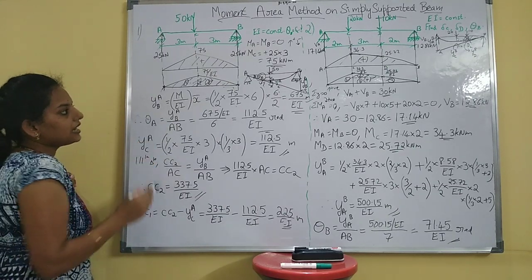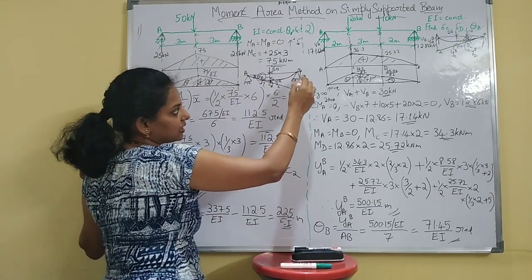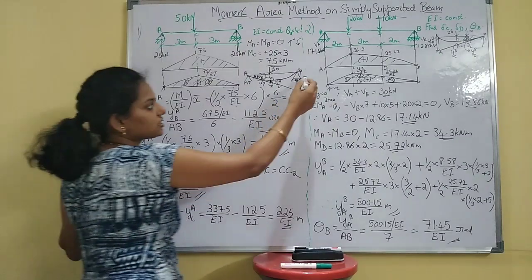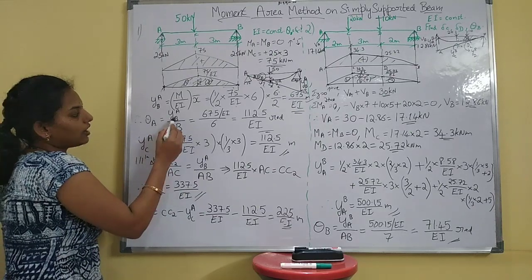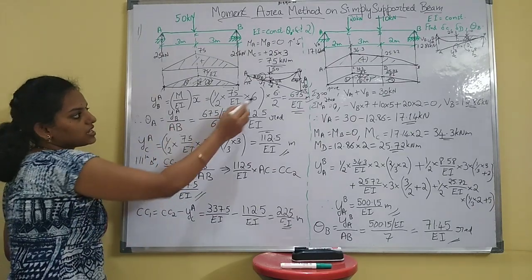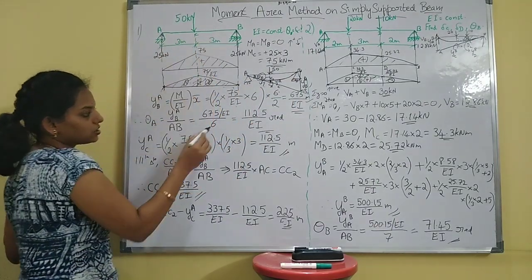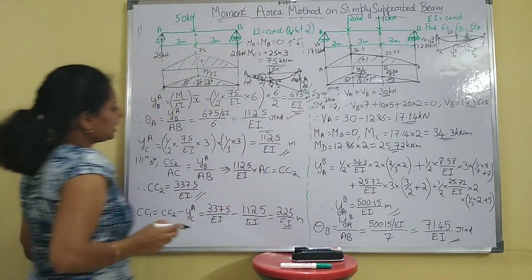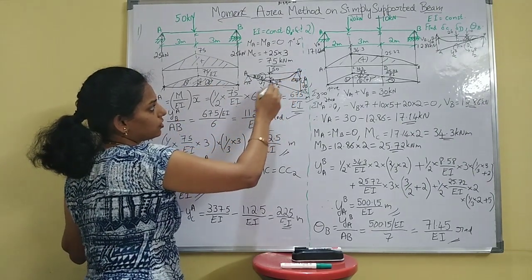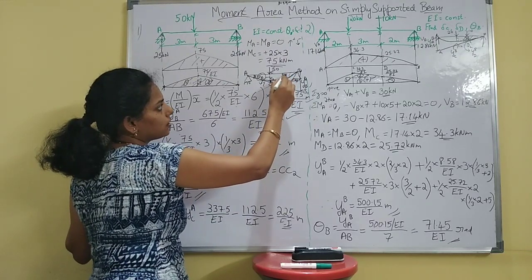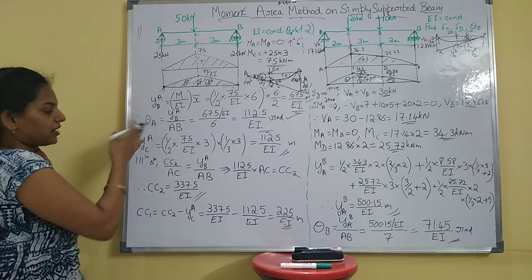Next comes theta A. See here, this is your theta. Theta is nothing but opposite by adjacent. Opposite is YBA, adjacent is AB. So theta is YBA divided by AB. YBA is known, just substitute that. AB is the distance, how much? 6 meters. So dividing by 6, you will get theta A. If you want theta B, just mark the tangent for this, and this will be your theta B. Now they asked only theta A, so just find theta A.